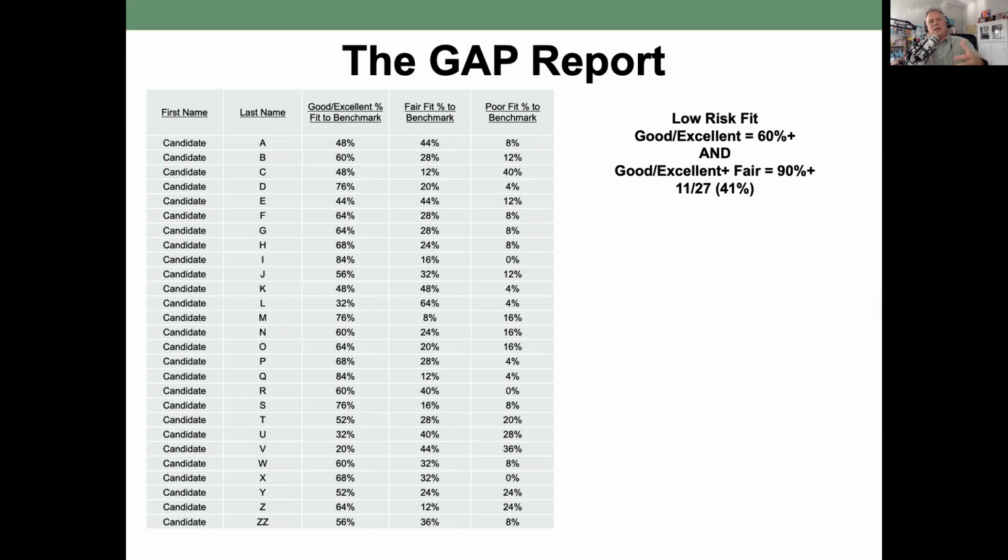And so this particular candidate is looking for the low risk fits with the following criteria. We want a good or excellent fit to the benchmark at 60% or higher. And we want good or excellent plus the fair fit to be at 90% or higher. And that's what we call the gap report. So we can look at this and analyze this for them. And when they do that, 11 of the 27 candidates come out into their low risk fit category that they